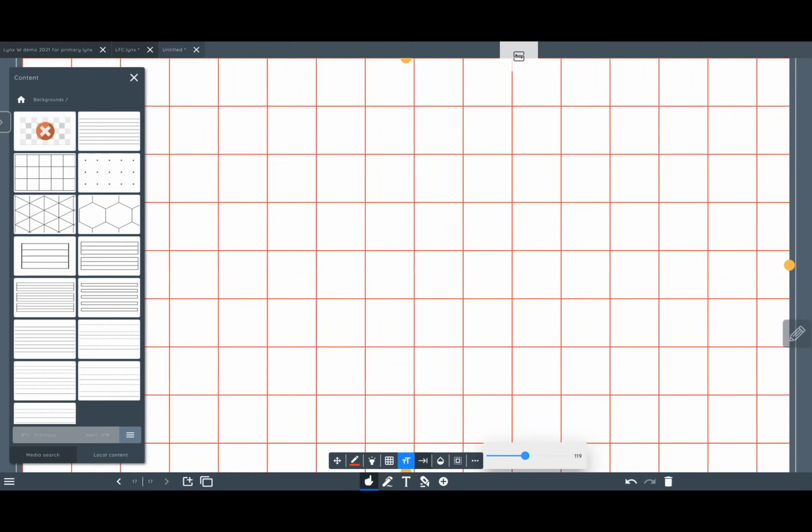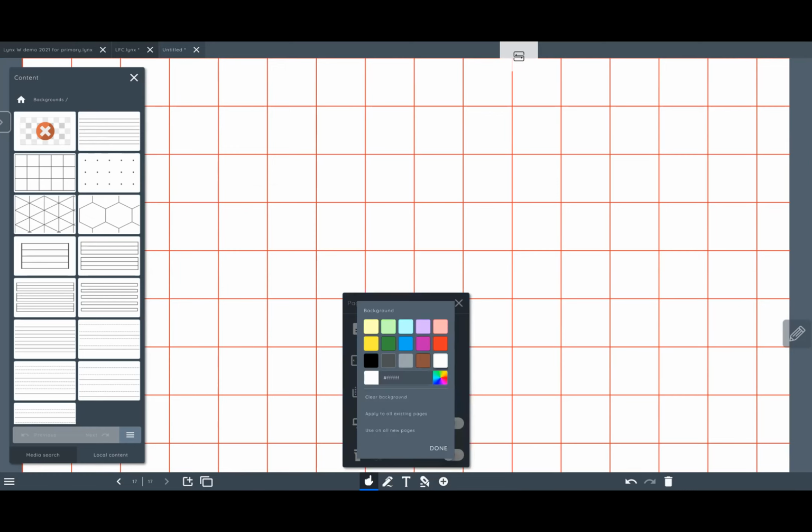And as soon as I tap onto my background, that's now locked into the background. And you can see if I try to drag it or move it around, I just get my drag rectangle to show that I can't interact with that. If I did want to go and change my background, first thing I can do is delete my background entirely by dragging on the delete background and releasing this on the page. Or if I just wanted to change the properties of my background, I would come back to my add button at the bottom, and then I've got page options on there,